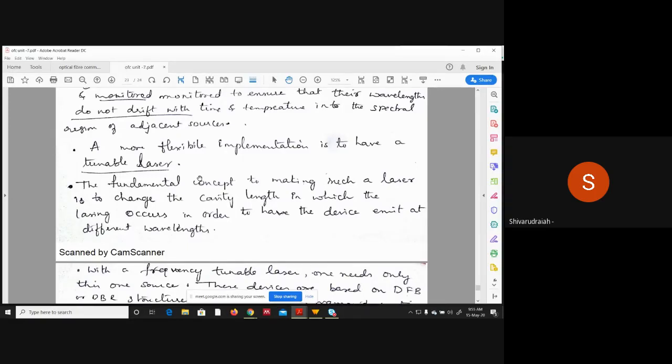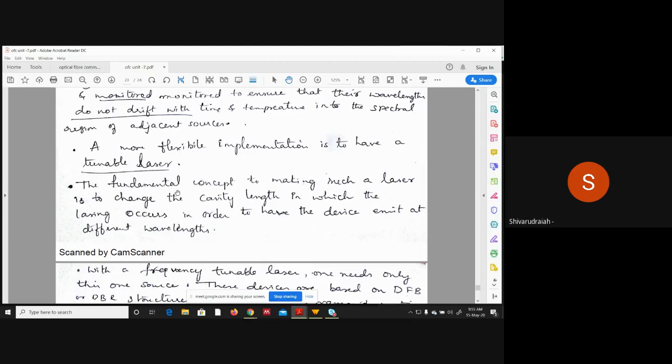Whatever current you supply to the input of the laser source, any light source that you take accepts electric current as the input and produces light as the output, right? The amount of current that you apply to the laser source will decide what wavelength is generated by that particular laser source. Here the tunable laser stands for such a device. It's a dynamic device where the input current is dynamically changed in order to achieve different wavelength signals at the output of the laser source.